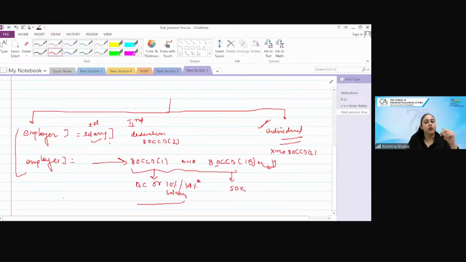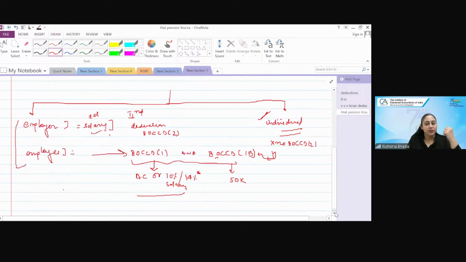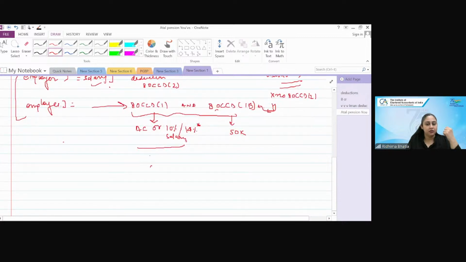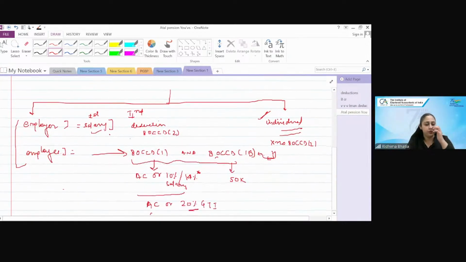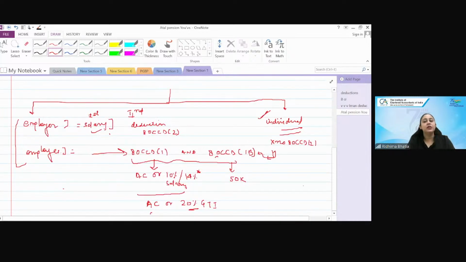But when we are talking about an individual who does not have salary, how would we compare it under 80CCD subsection 1? Then the maximum deduction is the actual contribution or 20% of gross total income. Why has 20% been given here? It is simple: an employee is getting deductions in subsection 1, subsection 1B and subsection 2 also. In subsection 2 the employer contribution gets the deduction, the individual gets nothing, so for the individual